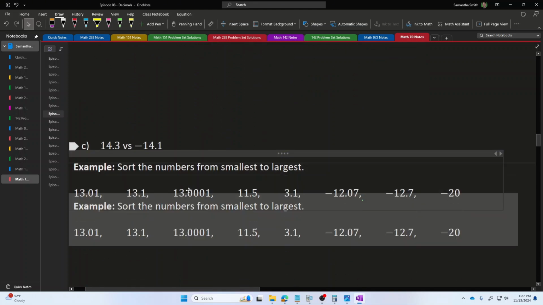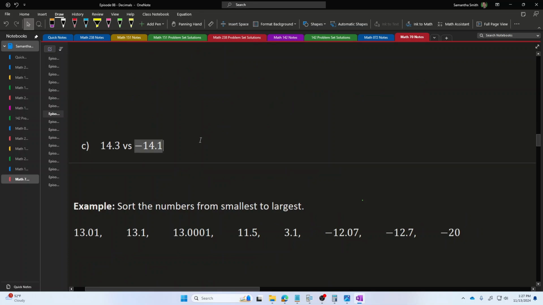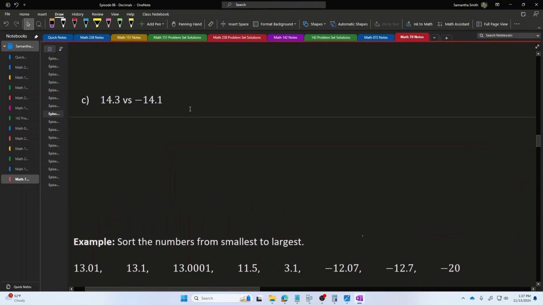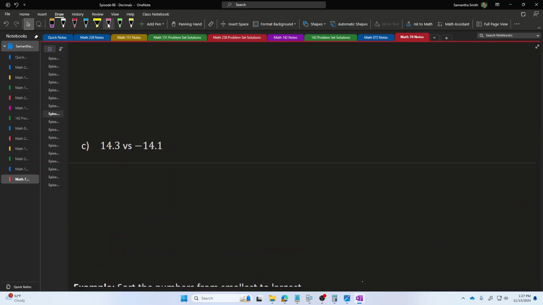Now, if you are comparing two decimal numbers and only one of them is negative, then this is a really easy problem that you can answer very quickly. Because the alligator's mouth always points toward the warmer number, always points toward the better situation, the alligator's mouth will always point toward the positive number, not the negative number, because the alligator likes hot food,